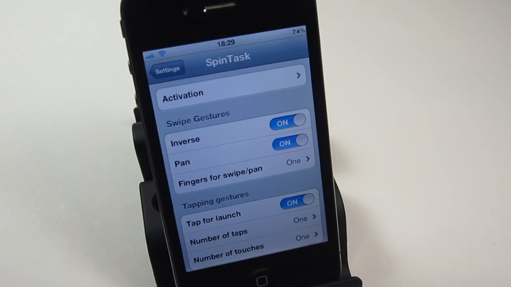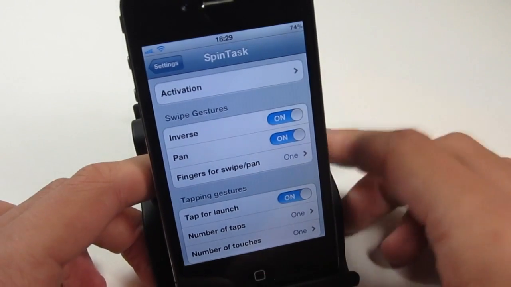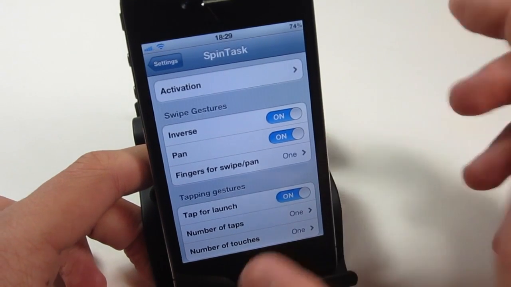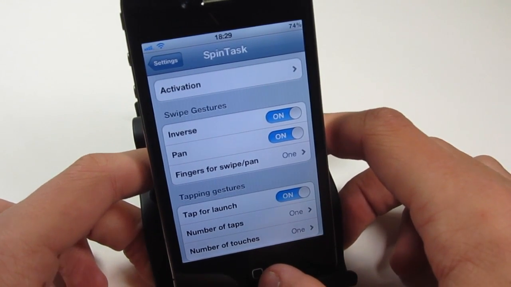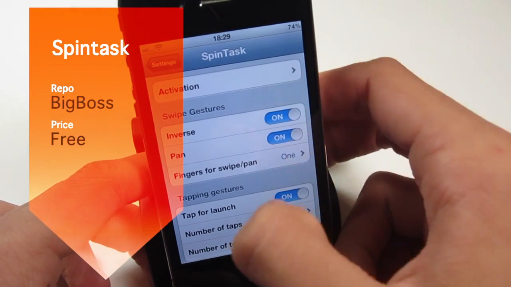I'm Tom from Jailbreak Nation, and today I've got another episode for you of the top 3 tweaks of the week. Now, as you may know from my lack of coverage, there hasn't been many tweaks released this week, or many exciting tweaks anyway. However, I have managed to compile 3 pretty good tweaks to show you, so let's head straight in. The first tweak we're going to be looking at is called SpinTask, and if we just go ahead